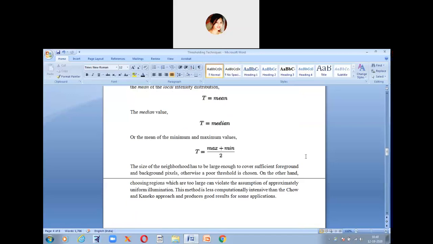According to this local thresholding technique, if the neighborhood size chosen is reasonably large, then the calculation will be accurate.